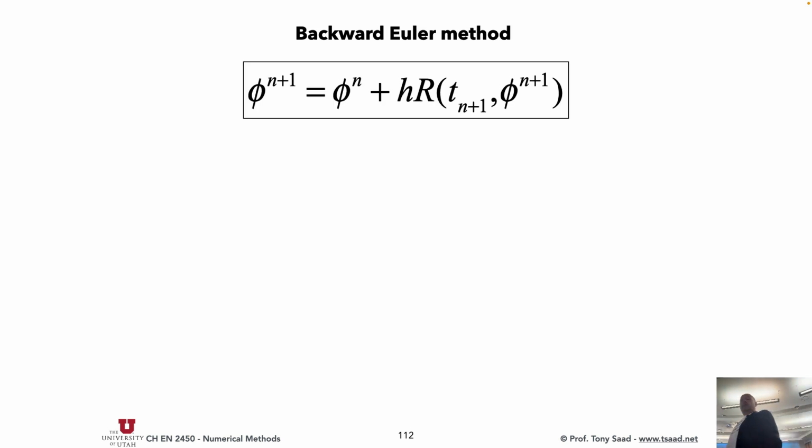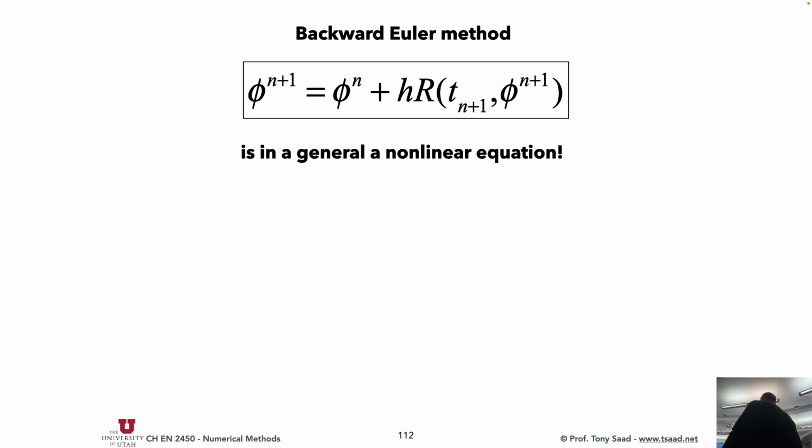But let me go back to this and try to figure out what it means to have information from the future on the left-hand side, and you're trying to predict the future with information in the future. Does this remind you of something we did before, like x equals sine x? Or x equals sine x cosine x? No. This is, in general, a nonlinear equation,